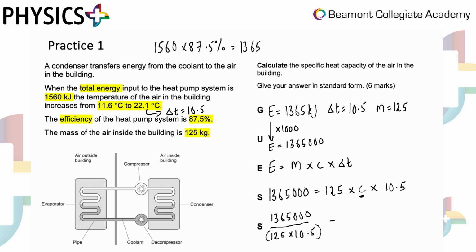Type that into our calculator and we get an answer of 1040 joules per kilogram degrees C. However, the answer is wanted in standard form. So that gives us an answer of